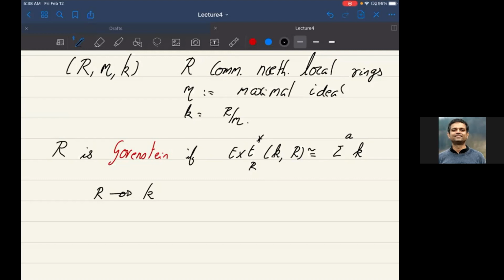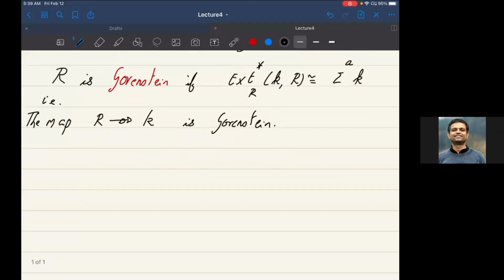So really, this map is Gorenstein. I say this because eventually you want to replace K with something else, and this then serves as the definition, even in that context. Okay, but I'm getting ahead of myself. So this is the commutative algebra definition of a Gorenstein ring. What this is saying is that these Ext groups are a graded vector space. And as what? As a K vector space.